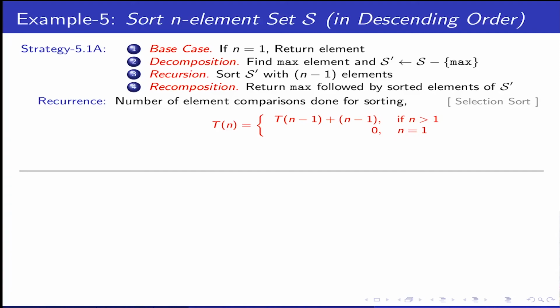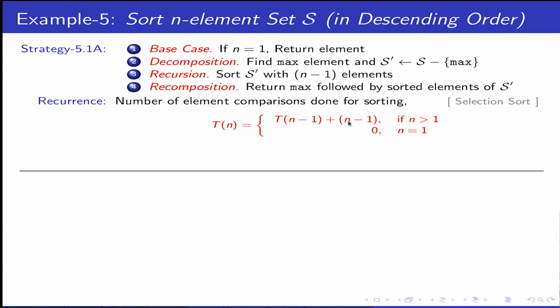What do you do? You take the max, put it in the front, and take the rest of the elements to select the next max and then put it in the second position. So what you indeed do is put the max in the front, and for the rest you call the same thing again. You can do it recursively also. This is the way. So it is n-1 element sorting.